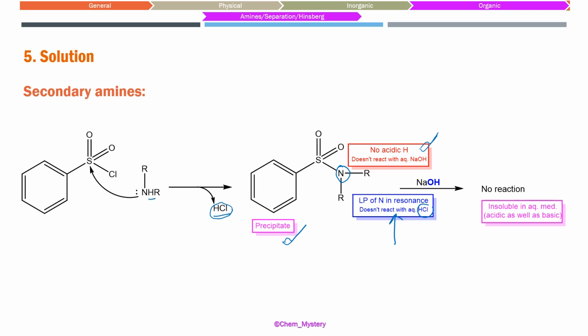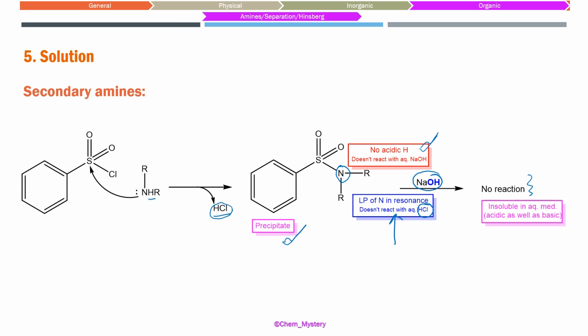But the sulfonamide that is being formed has insolubility in the acidic as well as basic medium. That is what we want to emphasize here. In our given question, the amine which was given is soluble in NaOH, alkali, and insoluble in acid, that's H2SO4. So possibly the 2 degree amine should not be the reason. We should not say straightforwardly that the 2 degree amines are going to be the answer, because that is insoluble